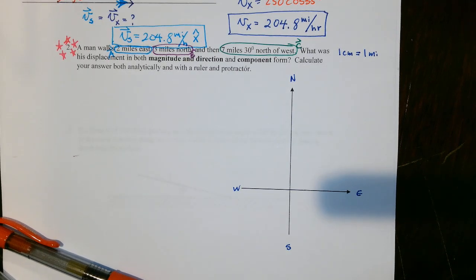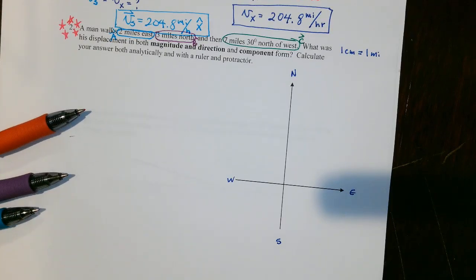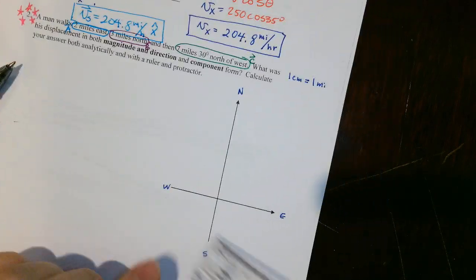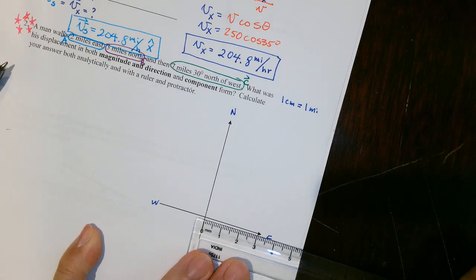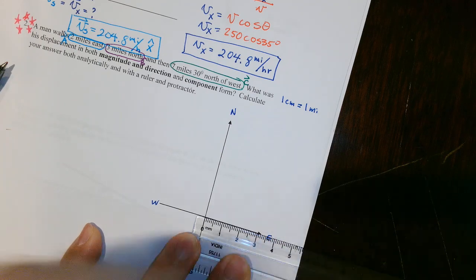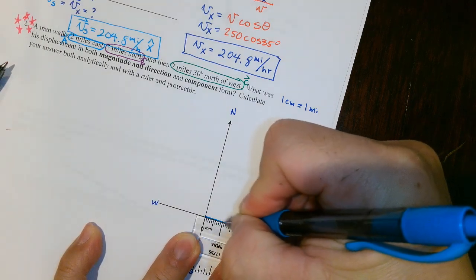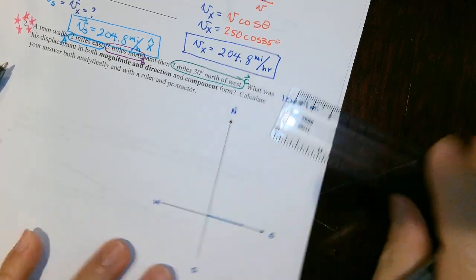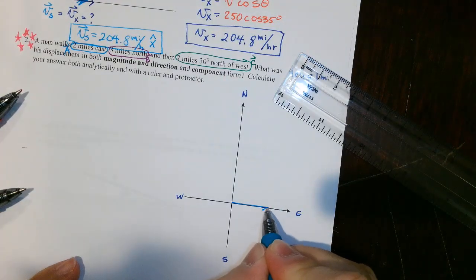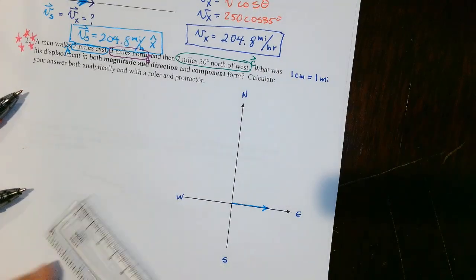So first, we're going to go towards east for 2 miles. So from the origin, we will be going 2 miles to the east, and since I said 1 centimeter is equal to 1 mile, I will go 2 centimeters to the east. Then I will travel, right,